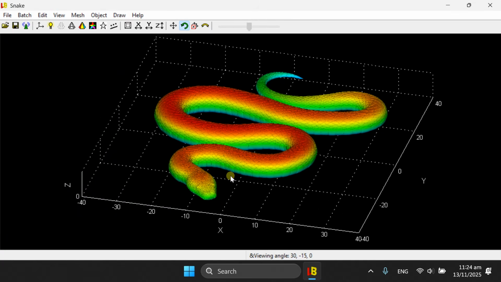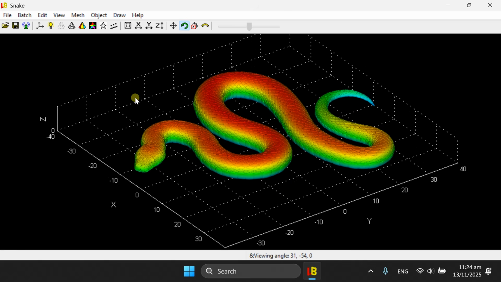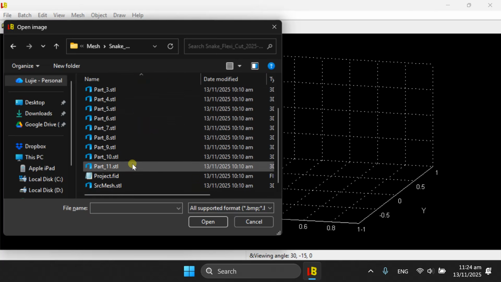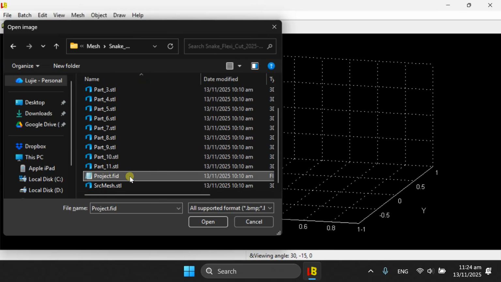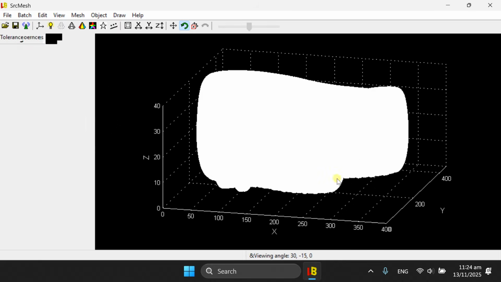For instance, if you have a snake or a dragon model that is flat on the bed, then this is exactly a suitable object to be processed by mesh cut. I'm going to cut the snake into 10 to 11 sections, and preparing the cutting plan takes a little time. So I'm going to use a saved project. Go to the project FID file to load the model as well as all the cutting settings in one go,